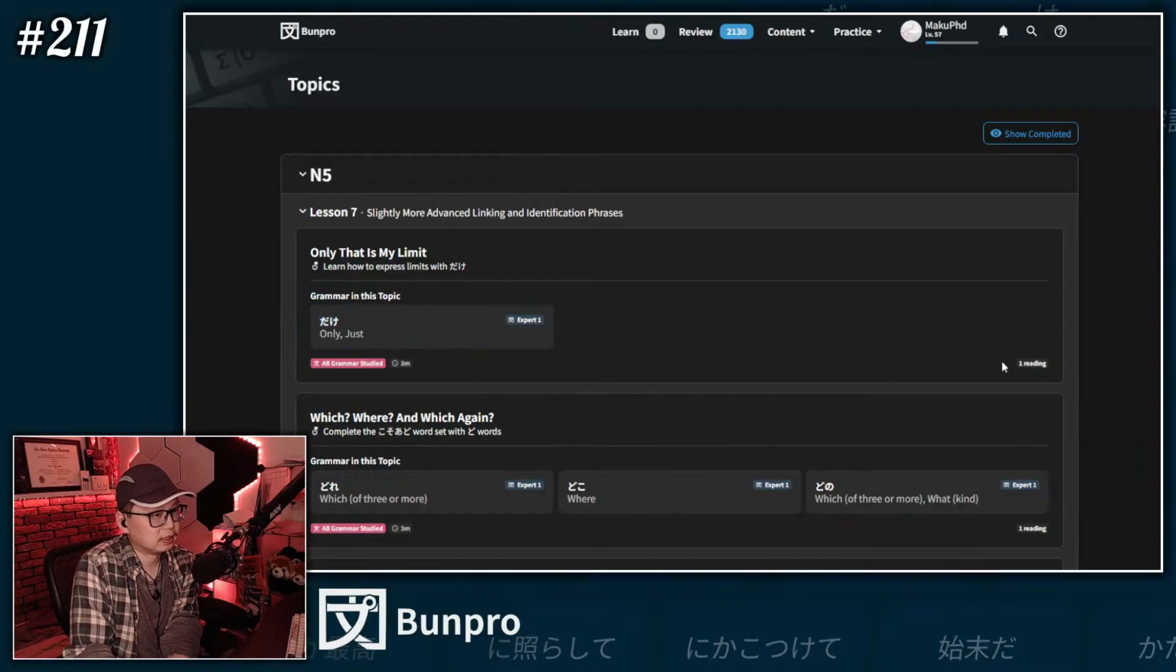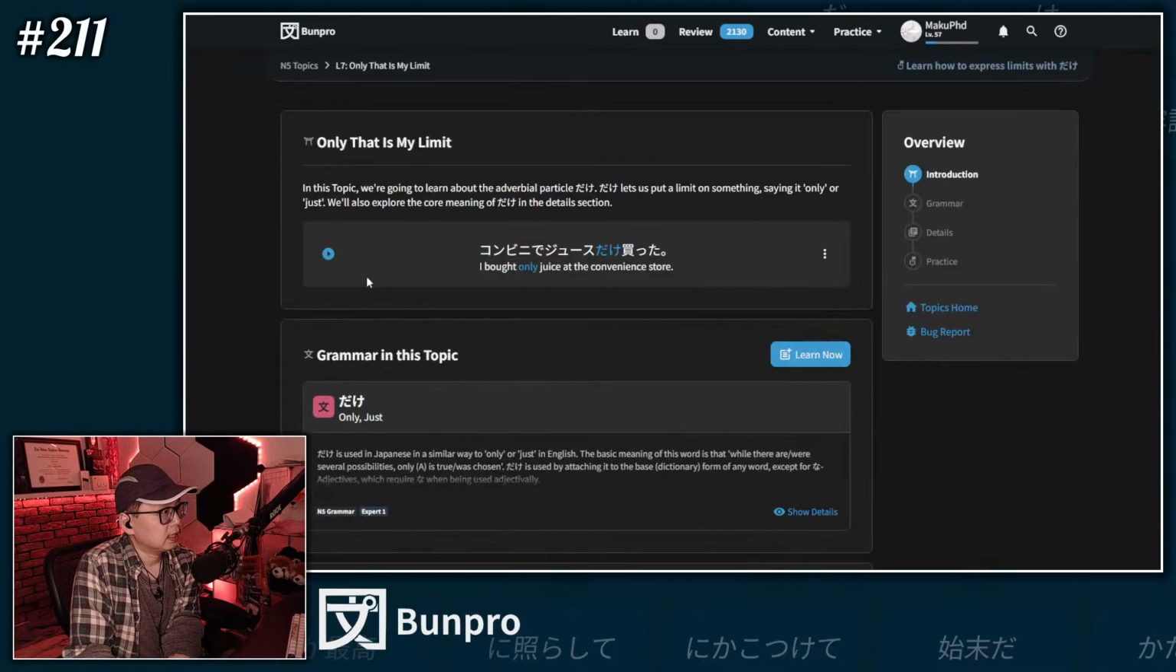Alright, so just dake. In this topic, we're going to learn about the adverbial particle dake. Dake lets us put a limit on something, saying it's only or just. The word just. We'll also explore the core meaning of dake in the details section. Okay. コンビニでジュースだけ買った。